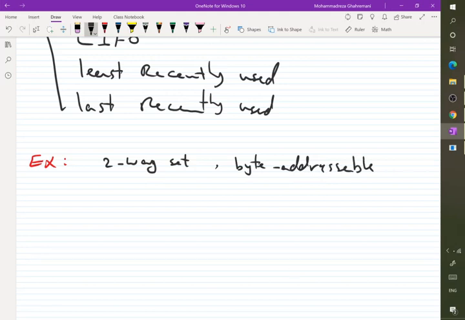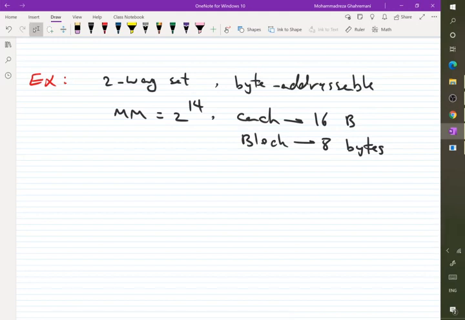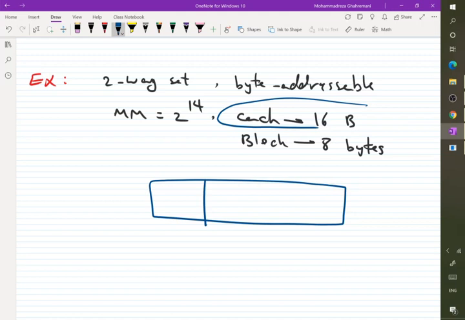We have a memory which is two-way set associative and byte addressable. Main memory is 2 to the power of 14, and cache has 16 blocks, and each block has 8 bytes. We want to find the address fields in this example. What we are going to find is the tag,